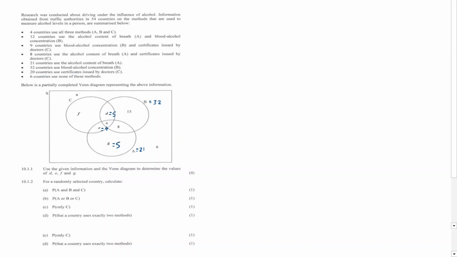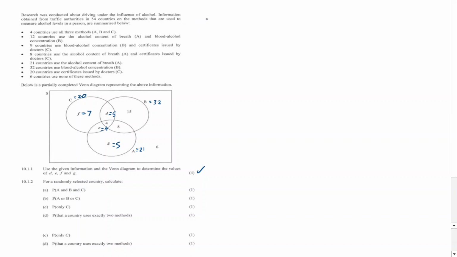And 20 countries use C. So 20 use C. Again, I've used up 9 plus 4 is 13. So I should have 7 left for F. So question 1, I've worked out. Last thing, 6 of these countries don't use any of these methods, so it is important to have the 6 on the outside there. So question 10.1.1, I've worked out all the letters,